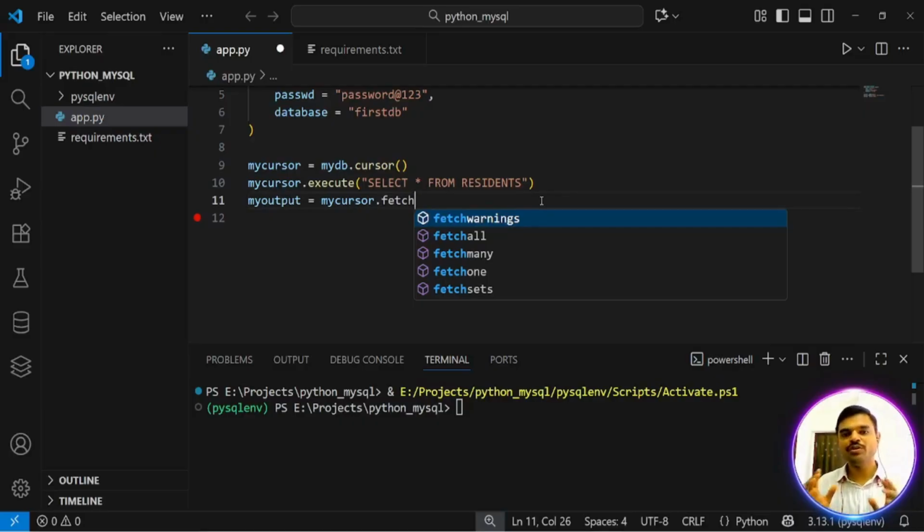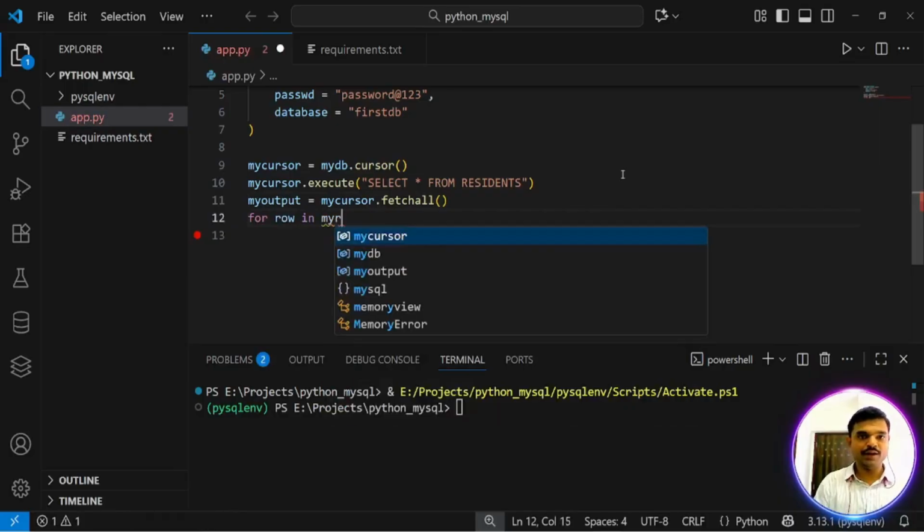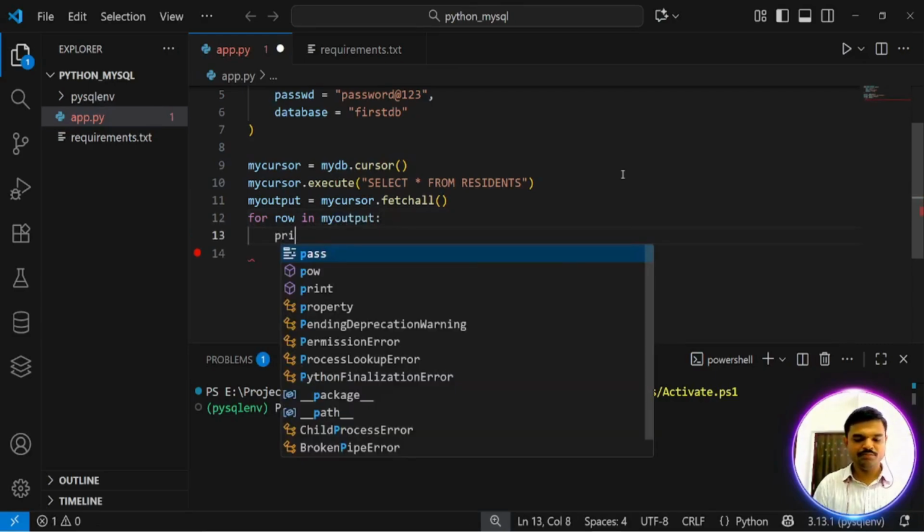If you want to show only one particular row, use fetchone. If your data set is small and you want to see all the data, use fetchall. After that, for row in myoutput, colon,